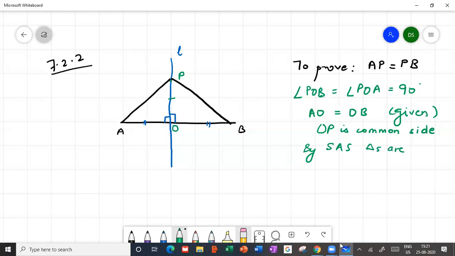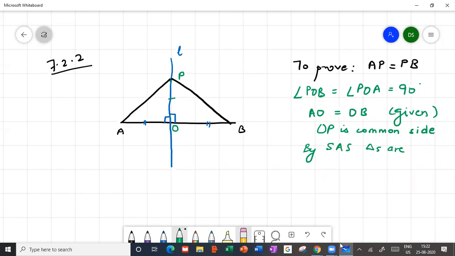Ma'am, can't we say by RHS? So RHS is 90 degrees, side and this side, right? Yeah, hypotenuse, sorry. Correct. So this is the most common mistake which happens regarding right angle triangles,